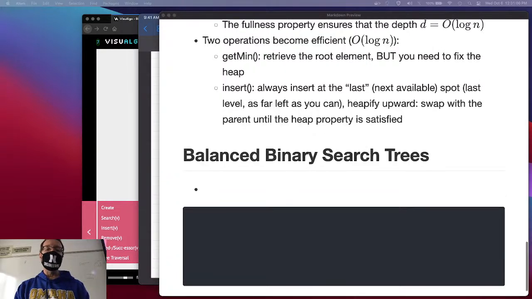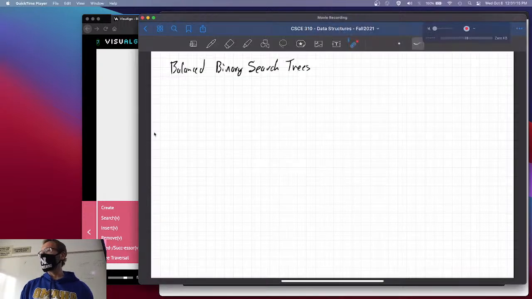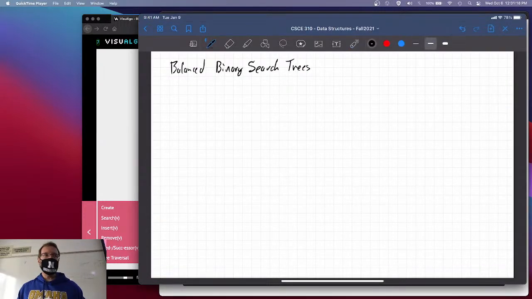So the idea here is that regular binary search trees may become unbalanced. All right? So for that, let's take a look here. If I inserted, in a regular old binary search tree, the values 10, 20, 30, 40, 50, all the way up to 100, what would it end up looking like? I insert 10, now if I insert 20, it would become the right child of 10. Now if I insert 30 into a regular old binary search tree here, then it starts to become skewed to